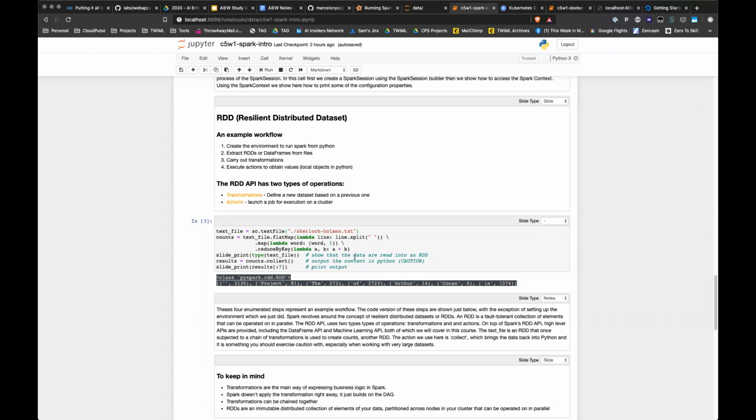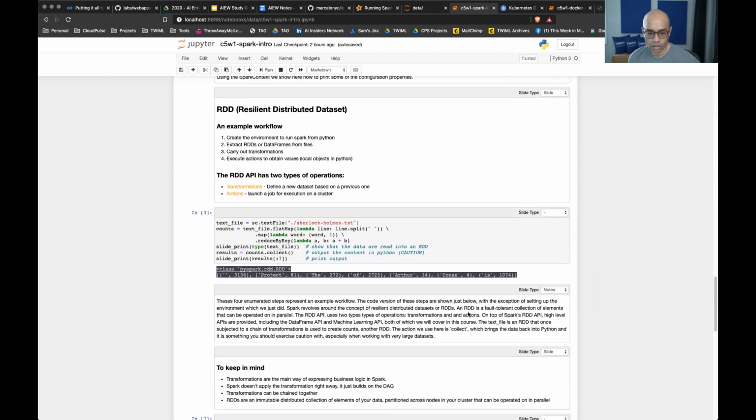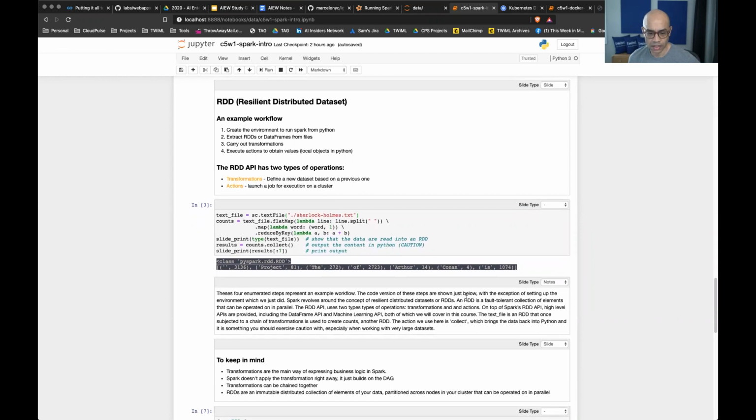So that raises the question: when you execute the counts equals text file ..., if you were to just stop there, or execute that part separately and then watch your processes, would the workers all be cranking away at that point, or do the workers crank away at the counts.collect point? Mm-hmm. Yeah, I think so, down here we talk about